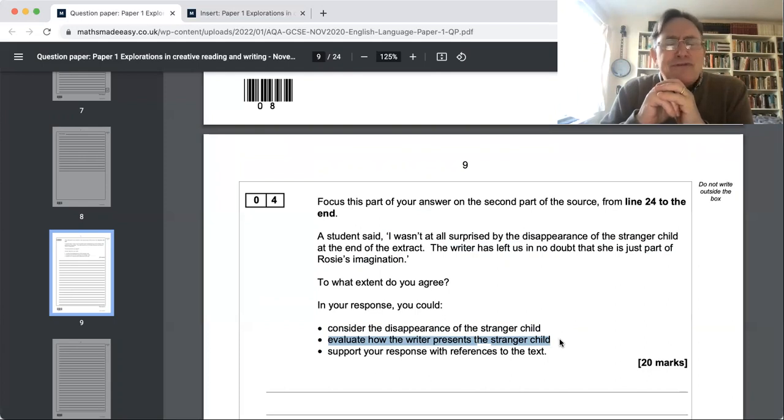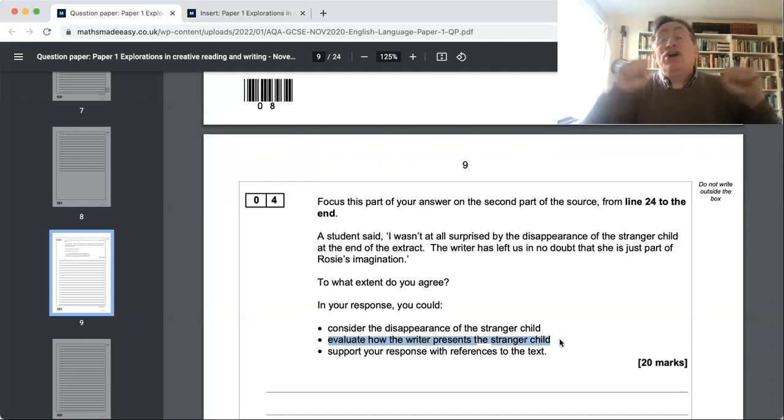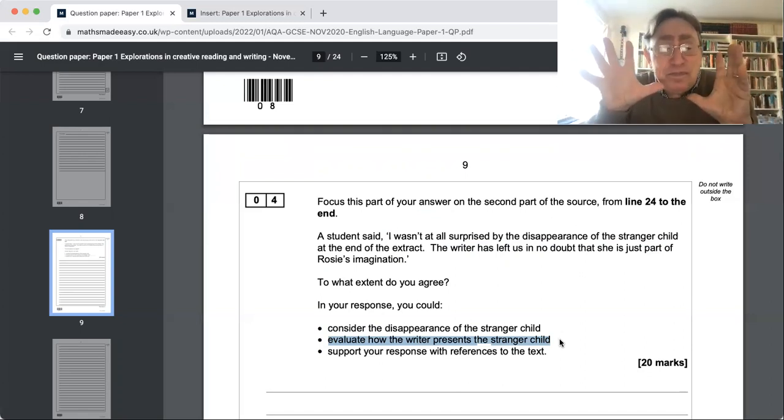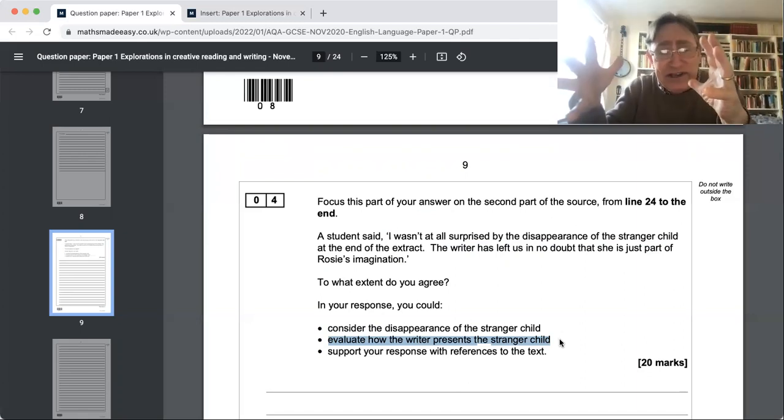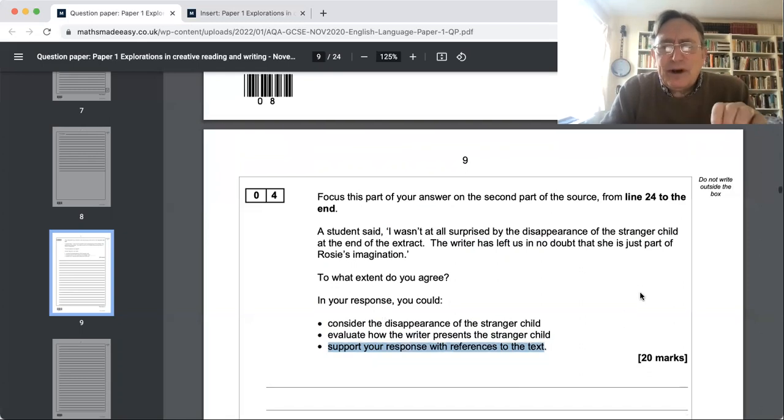Is Rosie prone to daydreaming? Is she fantasizing about something? Did she have another daughter that she lost? You know what I mean? We're not told any of that. So we just have to evaluate based on the text. We have to narrow our mind down, because it says in the next part, support your response with references to the text. So you work through, this is 20 marks, so you're going to give it about 20 minutes or so. Just start yourself writing by,